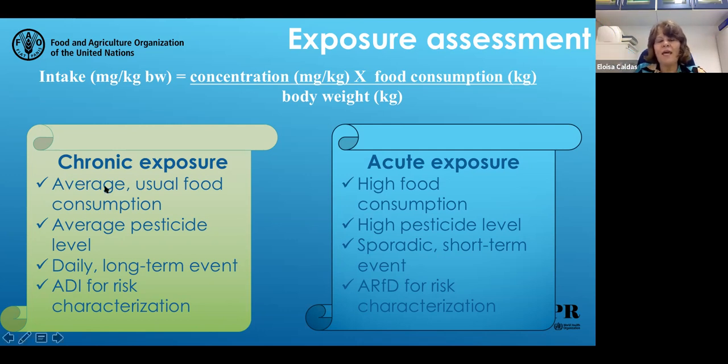And normally we assume that the exposure will be an average exposure, because one day you eat a lot of this food, and this food has an average residue concentration. The other day you eat less, and you go like that, over your lifetime. Sometimes you are highly exposed and then not too much. So along your whole life you have periods of high exposure, low exposure, or you stay in the average